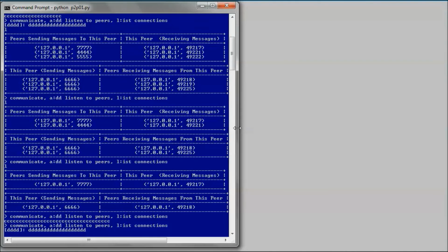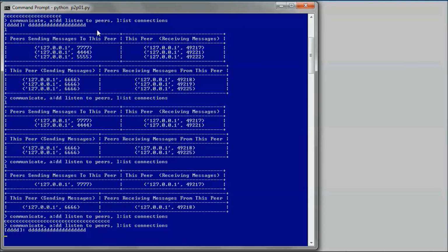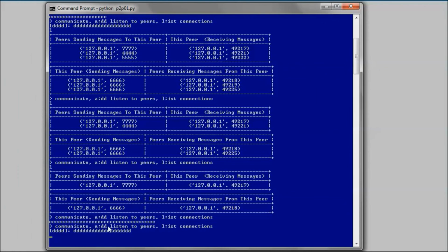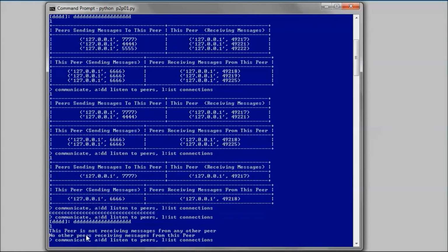And close this one and list the connections. So this peer is not receiving messages from any other peer, and no other peers are receiving messages from this peer.